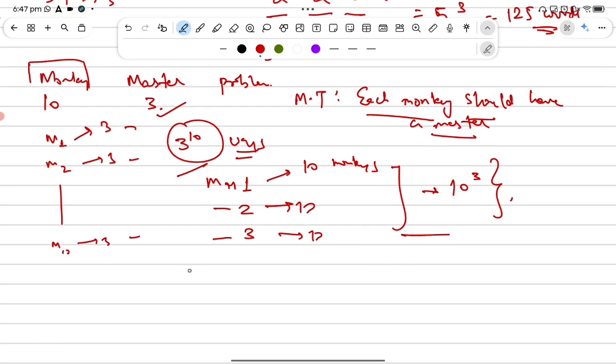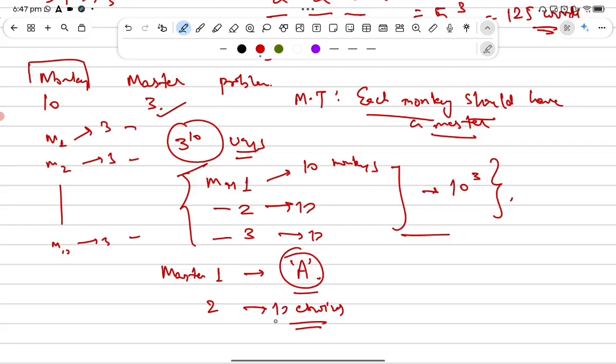Let's just say master 1 chooses a monkey, master 1 chooses a monkey A. He has 10 choices, he made one of the choices, that is A. Now according to this approach, master 2 also has 10 choices, right? Including the one that has already been chosen by master 1. So can master 2 choose the same monkey that has already been chosen by master 1? That's absurd,